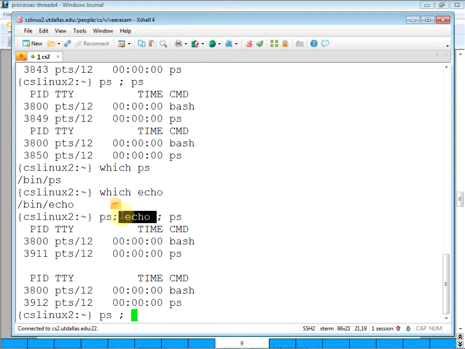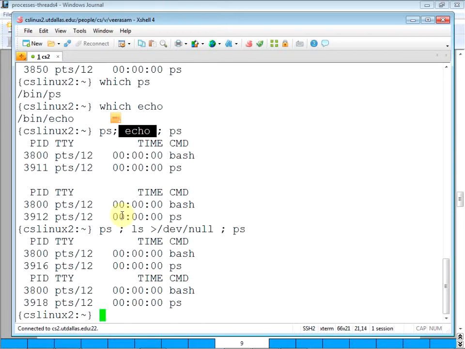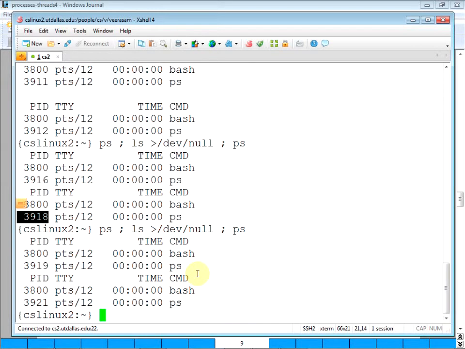Instead of this, if you do ls, for example, I'm just going to output to /dev/null so that I don't need to see it on the screen. Look at that, 3916 followed by 3918. I know it's not a very reliable approach all the time, so you should run several times.